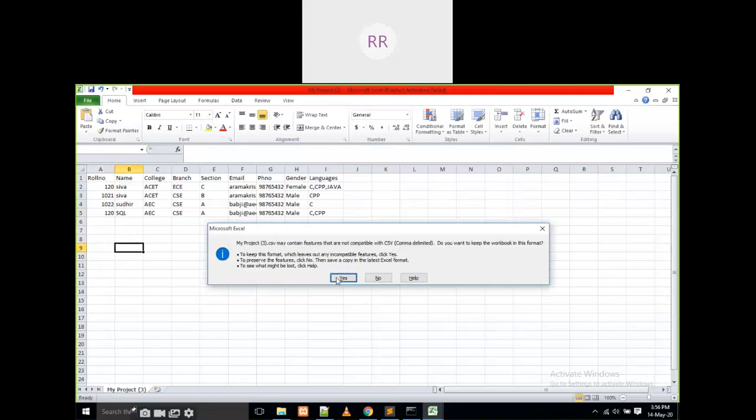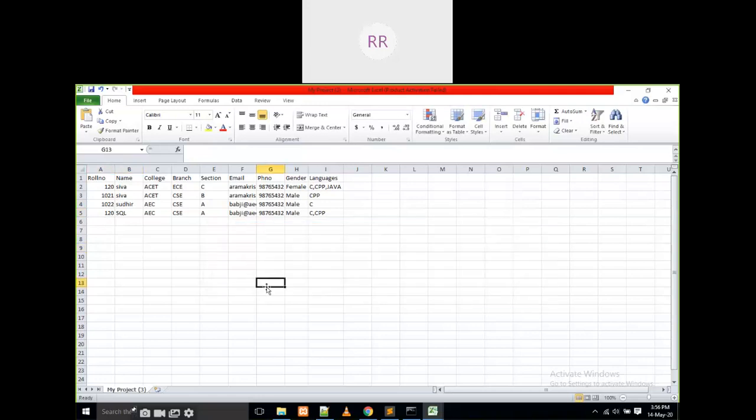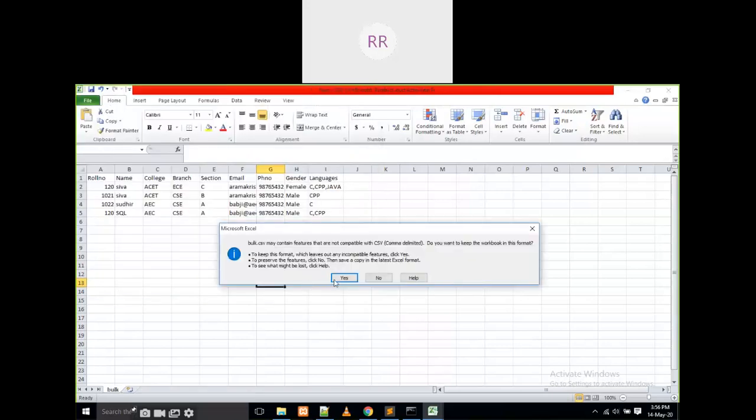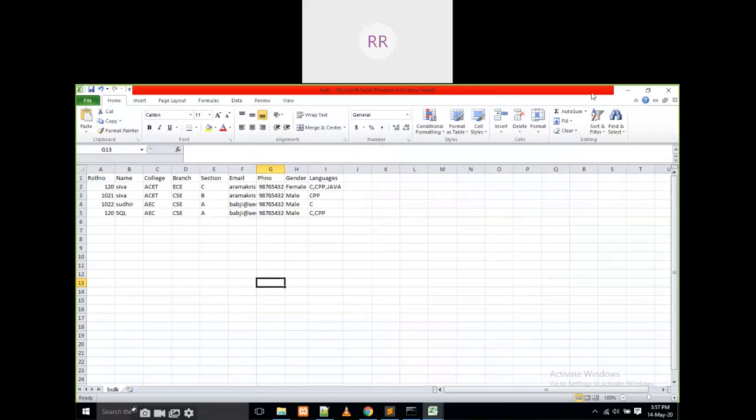This is the one Excel sheet, with some thousands of data in it. I am going to upload it. I am going to change the name of this one, no problem, for our identification. I am going to save it on the desktop as bulk data. If you observe here, CSV file, this is a comma delimited file; we have to save it like this. It is automatically saved like that. I am going to save it on the desktop as bulk data.